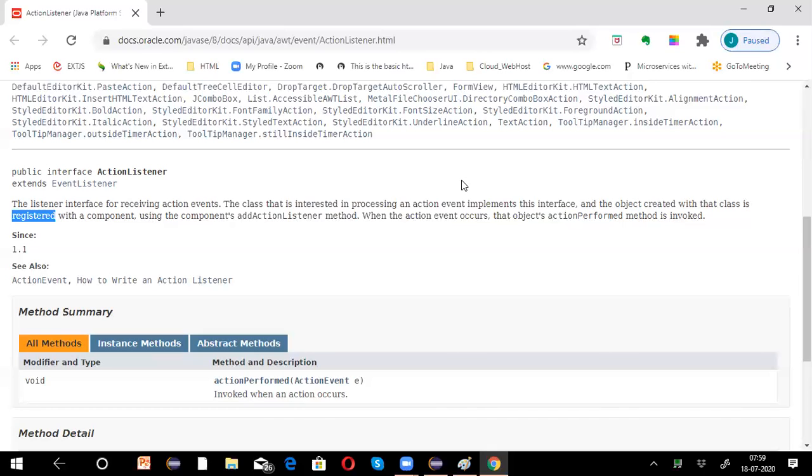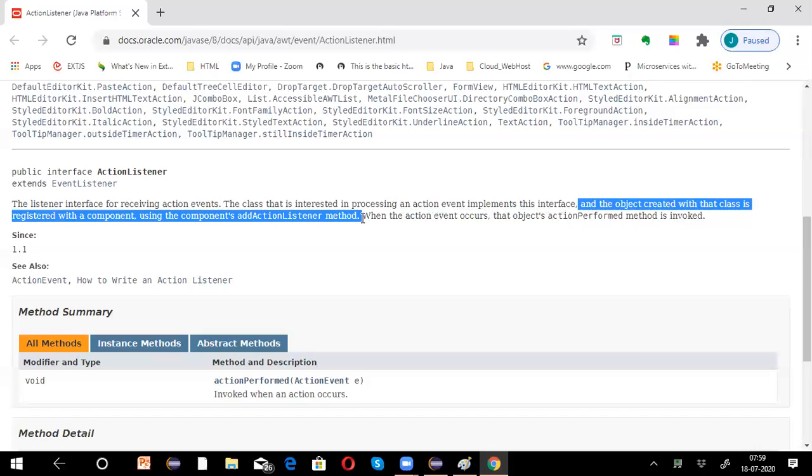See, this line is important. The object created with that class is registered with a component using the component's addActionListener method. That is why we passed the parameter as this. This always refers to the current object.